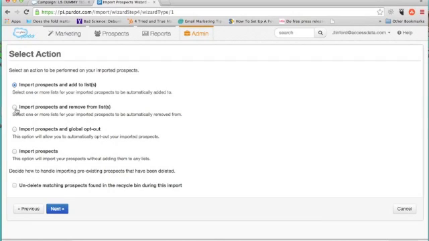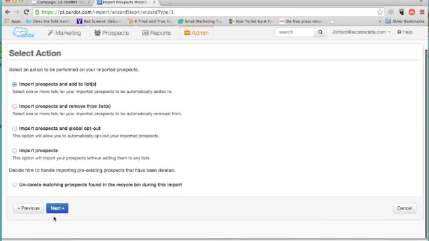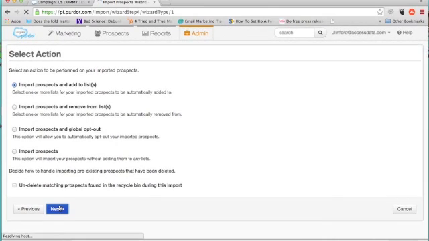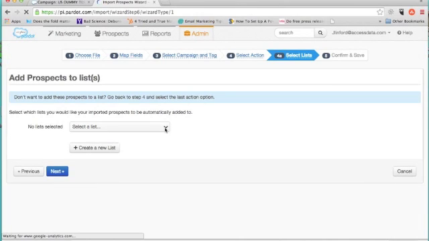So for instance, if you don't want this person to exist in a list regarding summation as well as a list regarding cybersecurity, you can go ahead and click a list to make sure that they're taken off of. So far the only one I've ever used when I'm importing is I add them to a list for quick reference. And the list I usually add them to are going to be general. If these are leads, I will add them to